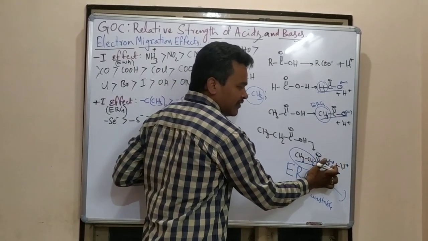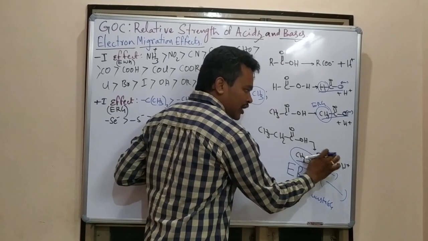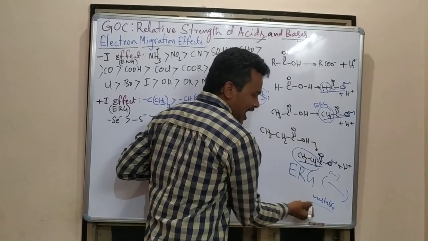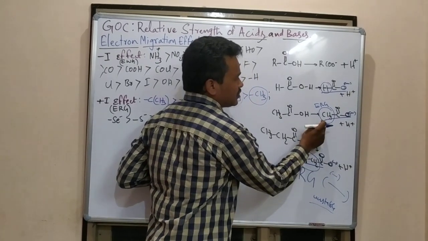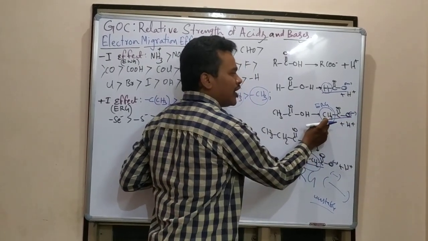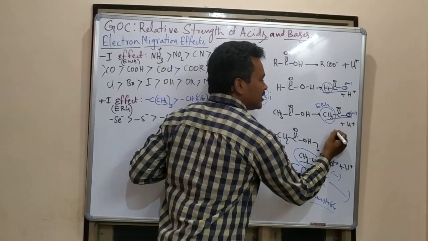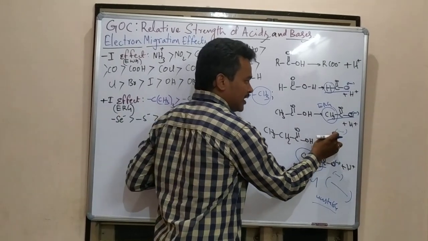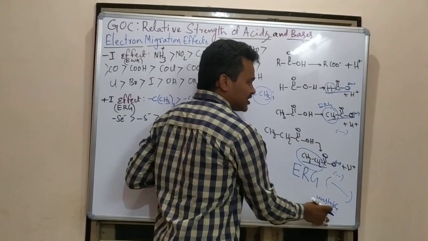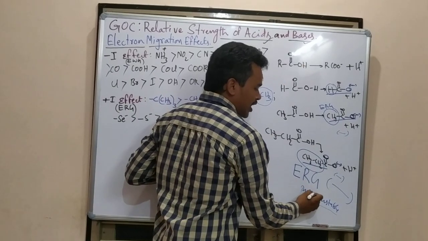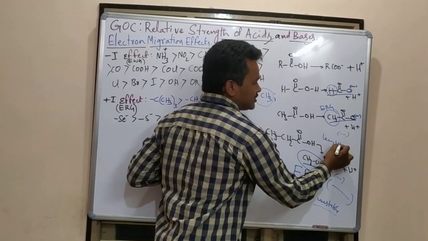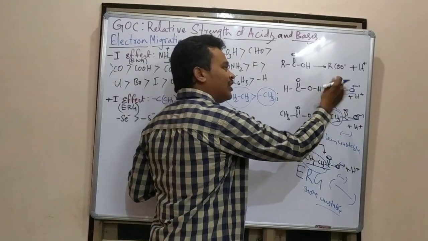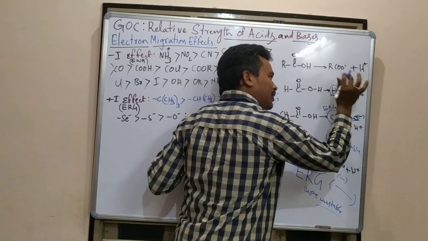Oxide ion, negative ion, a donating group is there, donating more, electron density increases, negative charge increases, so it is unstable. Compare with this one. Here, negative charge, and here also a releasing group, a donating group only. But here the negative charge increases, not this much. So comparatively it is stable. This is more unstable, and this is less unstable. Here, not donating, not withdrawing, so the stability is like that only.